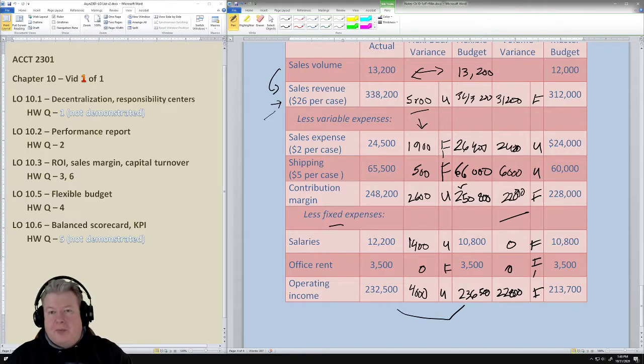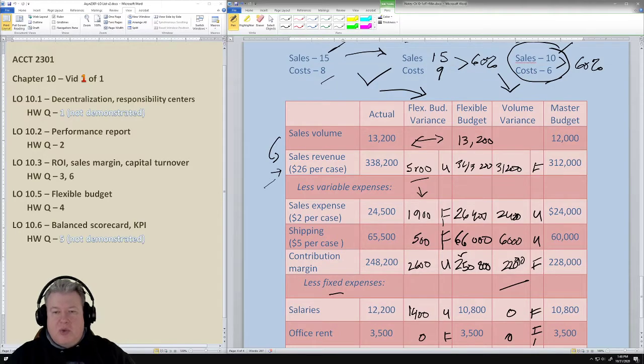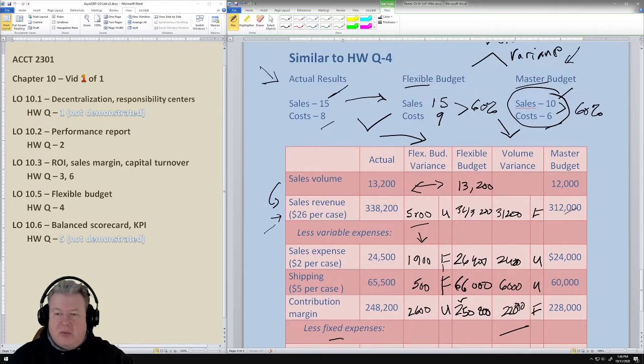Now, in the next chapter, we're going to actually break down this flexible budget variance a little bit more. We're going to look at two components. So this is the first breakdown. And like I said, we normally don't look at volume variance. We're just aware of it. But the importance is to scale up the master budget to be equal to the actual, and then recalculate the master budget. That's what we call the flexible budget, and then compare it to the actual.